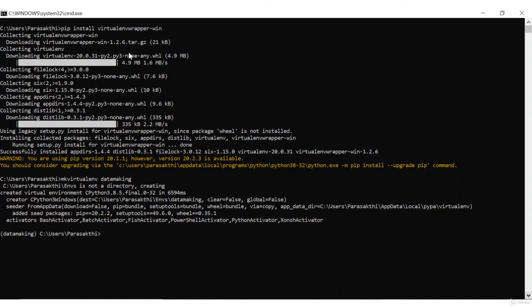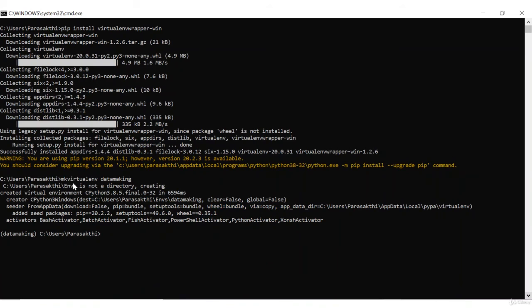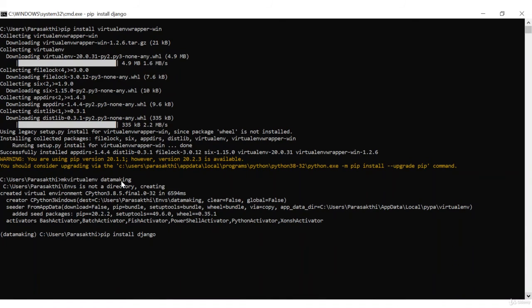Then to create a virtual environment, you use the command mkvirtualenv followed by the virtual environment name. I'm just giving it the name datamaking, and I'm going to use that for all our development for my dashboard and Python related stuff. Now we can install Django.